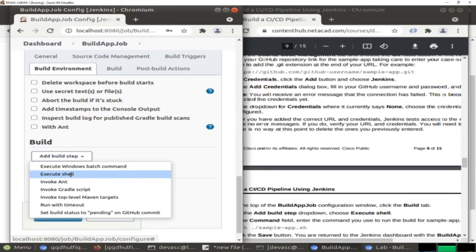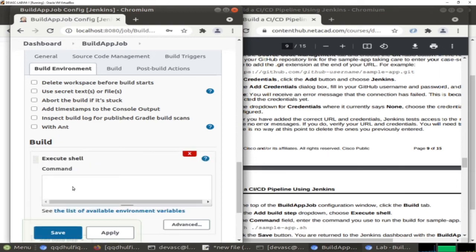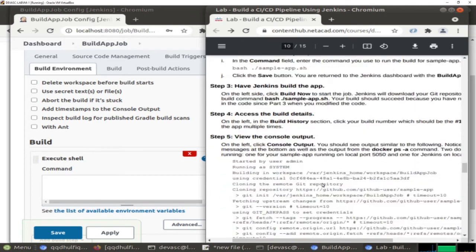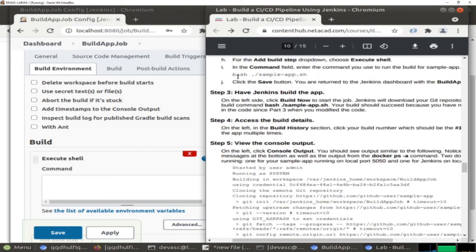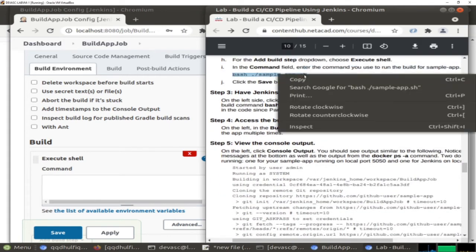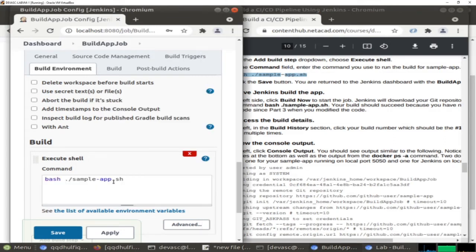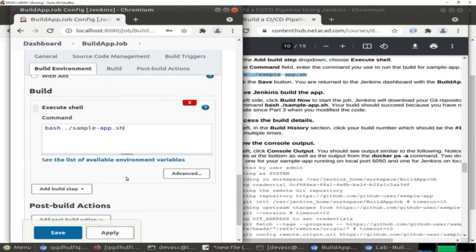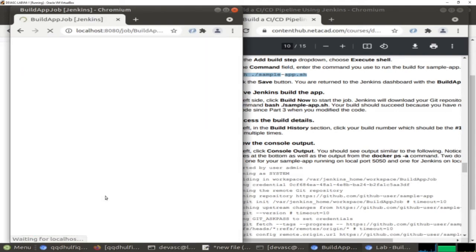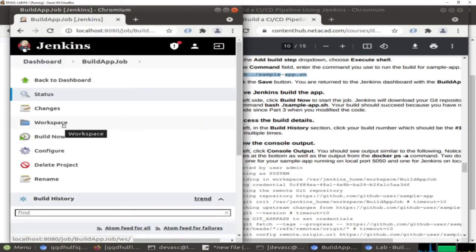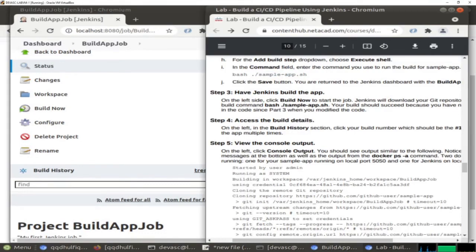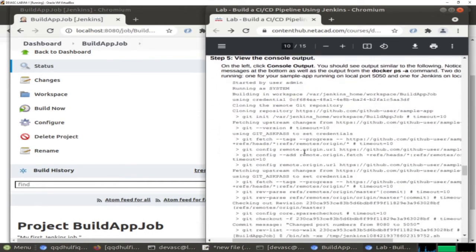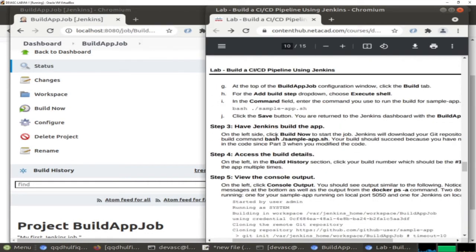execute shell, and here we need to type bash, the name of the file. Then we click save. After selecting save, we are now here. Okay, let's see what we have to do more. We need to